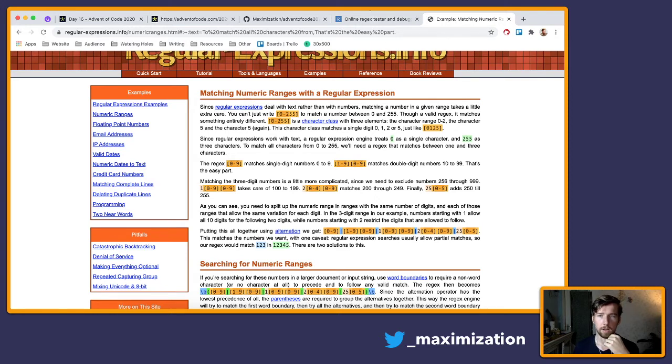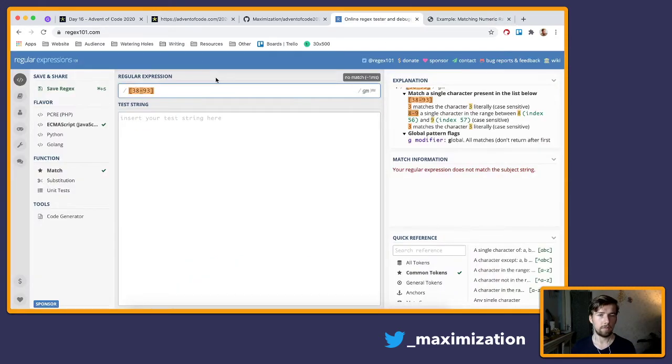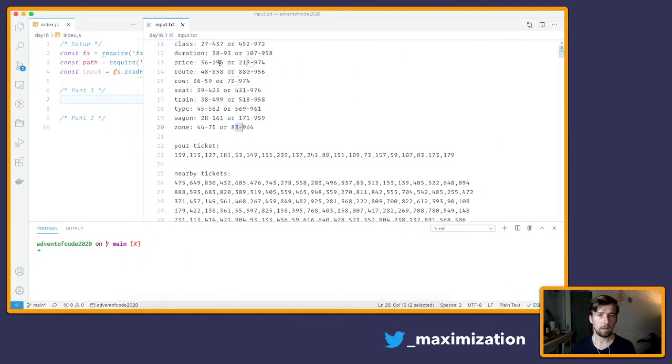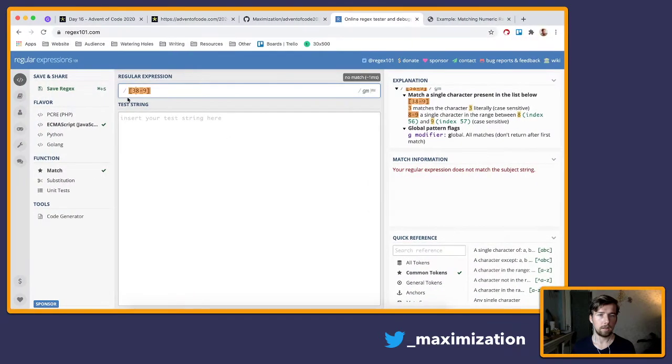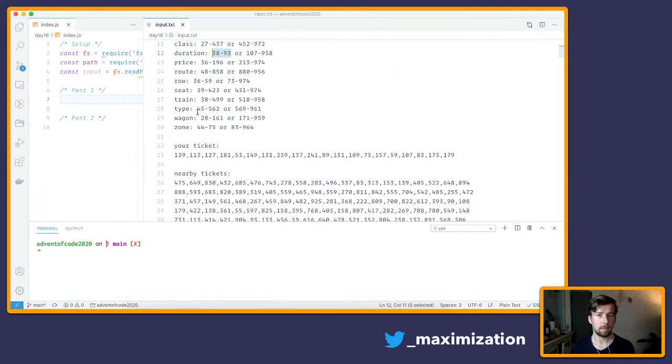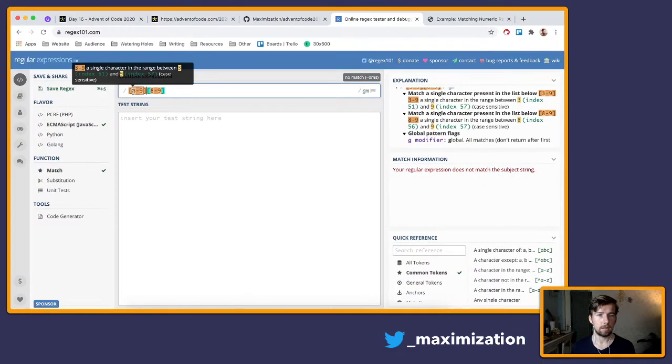It matches double-digit numbers. Oh, I see. So I'm not very good at regex, so sorry for that. But I think I can do this. This will work. 38 or 30. No, that's not gonna work. So what's our range? Our range is this one. So 33 to 9. Except, so that's kind of like working out, except that 3 has a lower bound of 8. So I guess I can